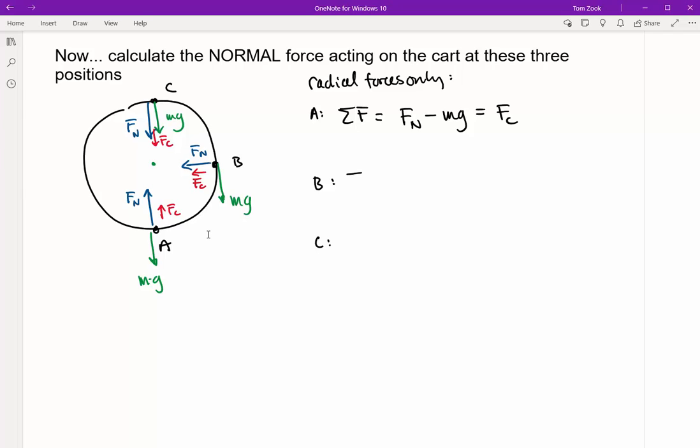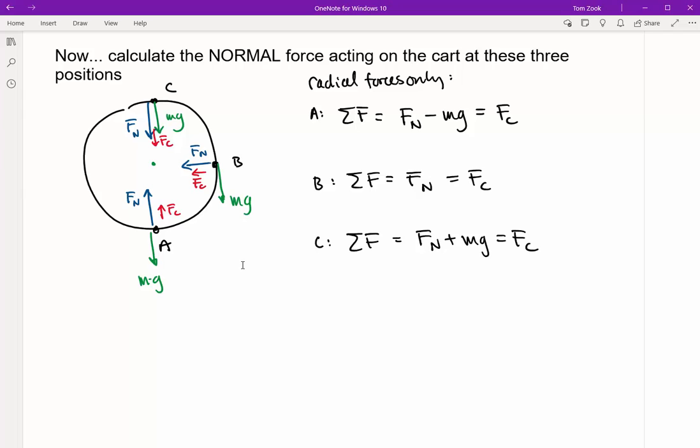For point B, the only thing that we have is the normal force. The weight force is not along the direction of the radius, it's tangent to it, so it doesn't matter. So we'd have normal force is equal to centripetal force. And then for point C, we'd have towards the center of the circle normal force and weight force combined are